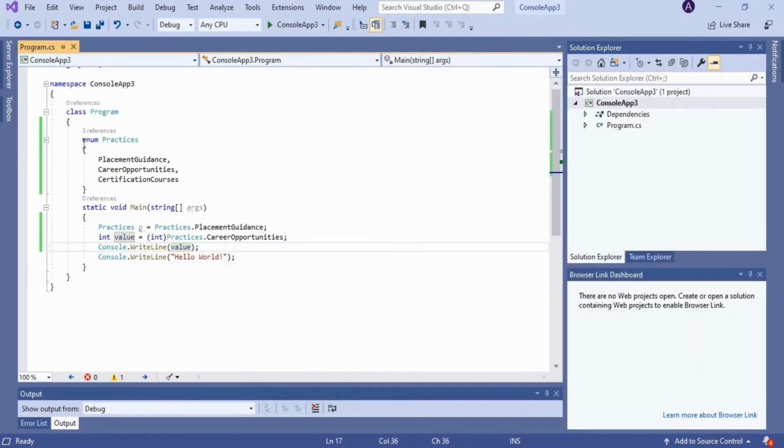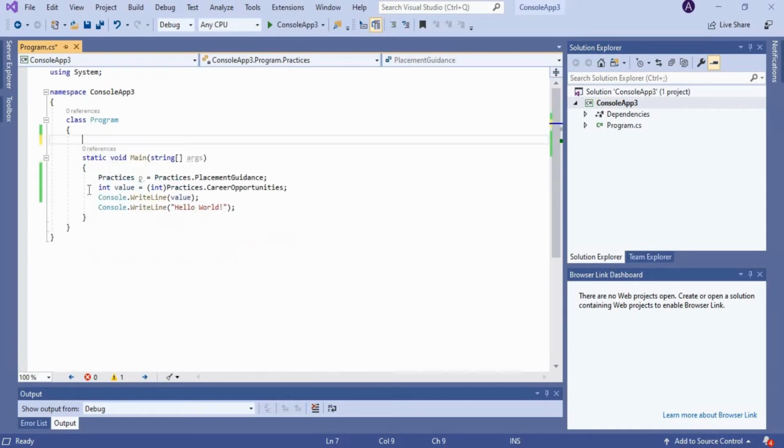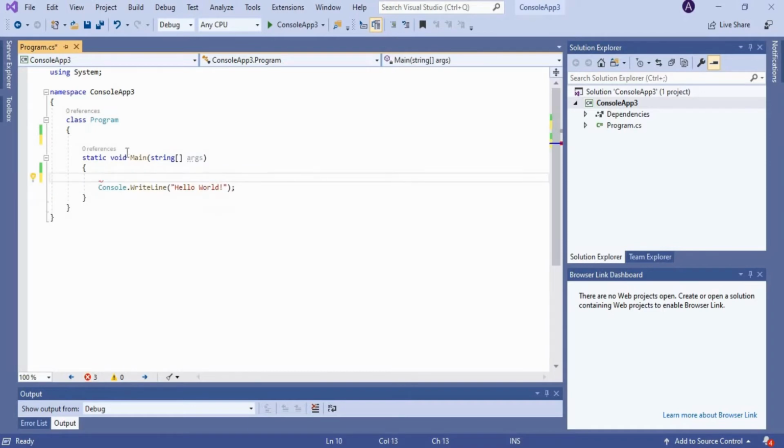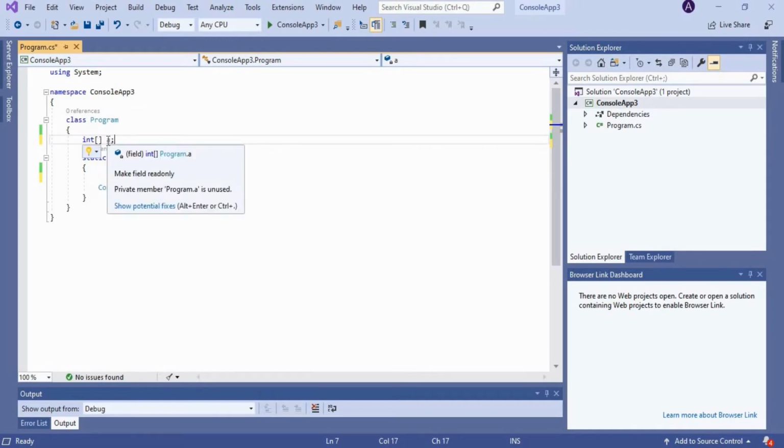As you know very well, arrays store a set of similar data types, right? To declare an array, the syntax used by C# is data type followed by square brackets and then your array name. So here a is an array variable of type integer. This is one way of declaring an array. Alternatively, you can also define the size of an array in the declaration itself, right? So this particular array variable can contain up to 5 values starting from 0, right?